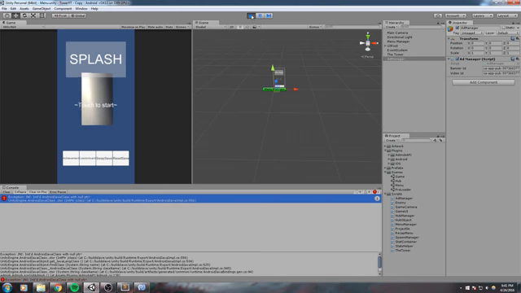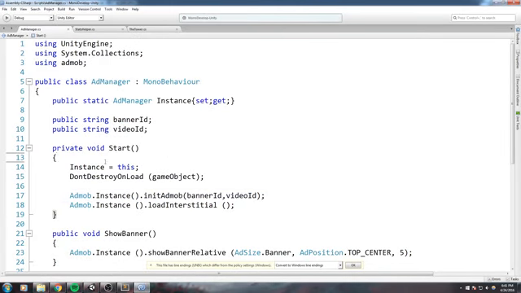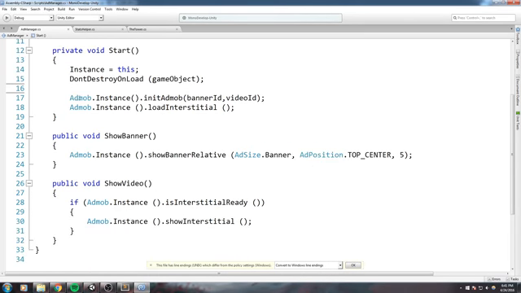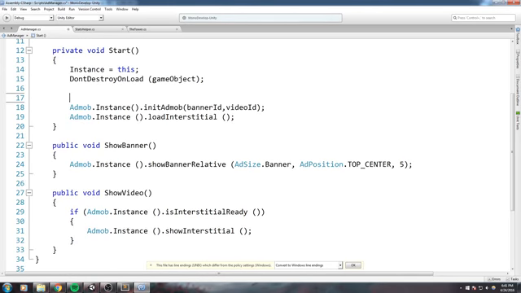It might actually block some other line of code. So we can't really let that happen during the production. Now, of course, if you were to build this on your phone, it would actually work right now, but we are going to go ahead and just add some more preprocessor instructions so we don't actually load this when we are in the editor. So over here in the start, I will just encapsulate those two calls right here by